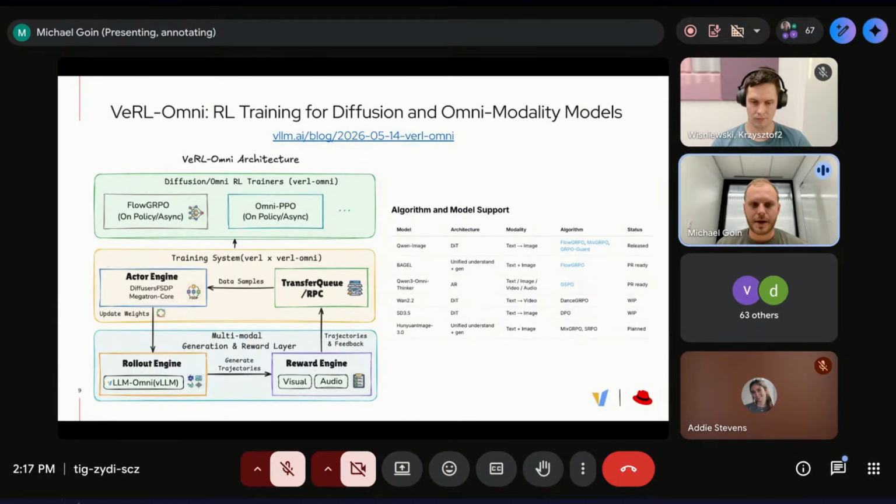It talks about the co-development that went into building an RL stack for omni-modality models, using vLLM Omni, of course, and building a new vRL Omni integration. So you can get started on the latest omni modality or even multimodal output models for reinforcement learning, which is really cool, and I recommend trying out some of the examples they walk through in the blog.